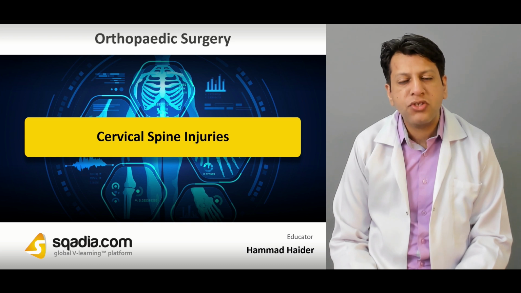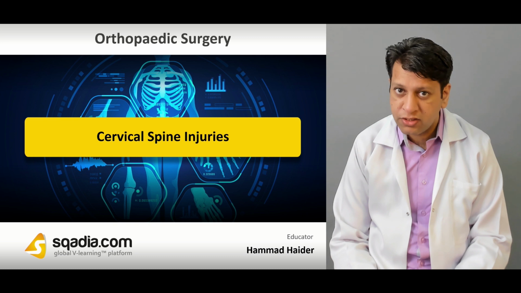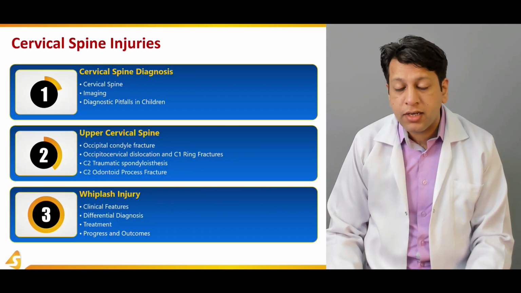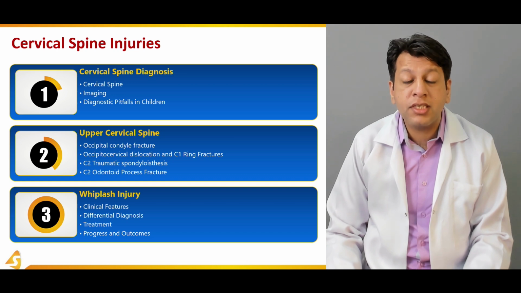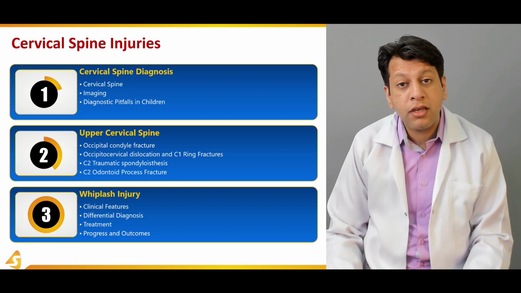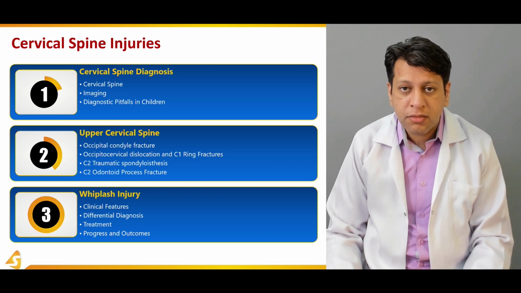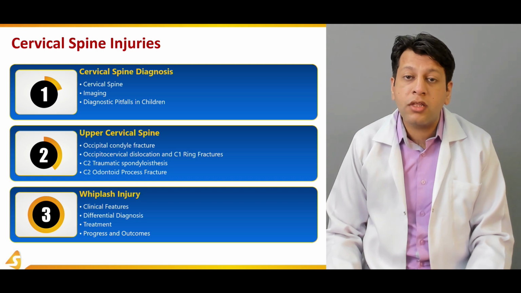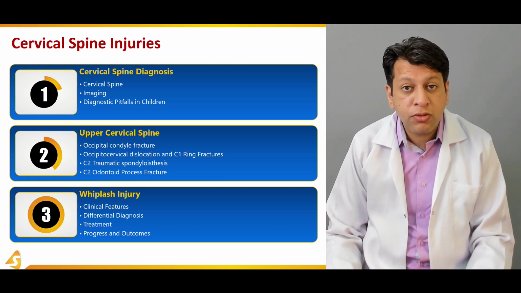Today our topic is the spinal cord injuries, which includes the cervical spine injuries mainly. We have three sections, and in the first section we are discussing the general aspects of cervical spine injuries. That is the cervical spine, what are its signs and symptoms when the patient presents with a cervical spine injury, and what are the different imaging modalities we need to be doing,